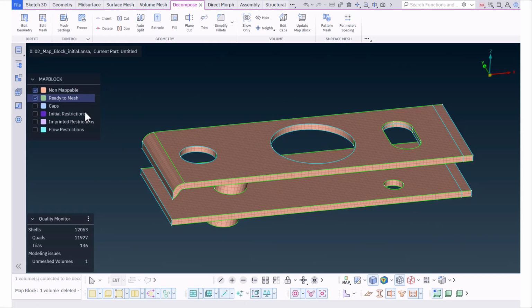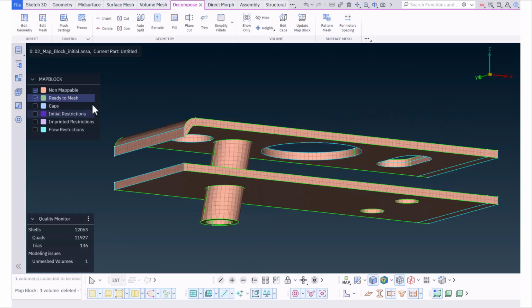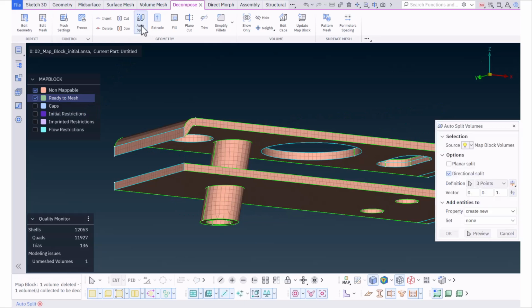For the inclined support, the split should be oblique and aligned with the direction of the support. Auto Split will be used, with the 2-point selection option to define the split vector, ensuring it follows the direction of the support. Alternatively, the tangent option would also be suitable for this case. In the 2 points method, you select 2 points, and the previewed direction is the one pointing from the first to the second selected point. Click the arrow icon, select 2 points on the inclined support's con, and confirm with middle click.